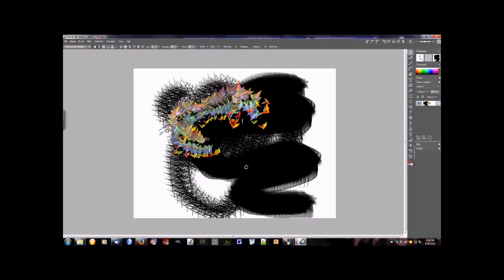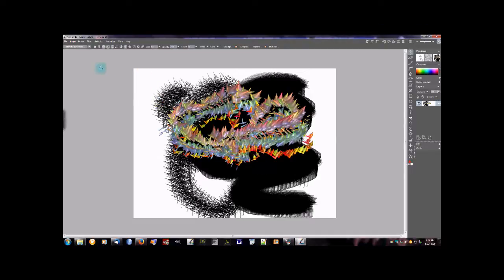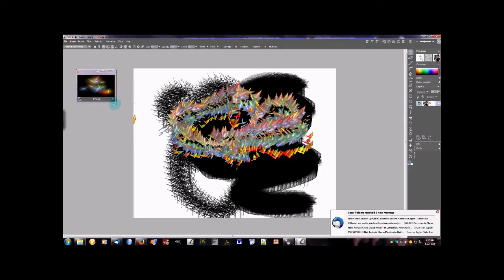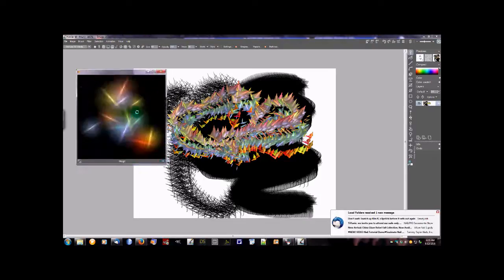So now we have this brush, nice and colorful. So brush, we store it as an image. The handy thing on this is if you press the little turkey baster, you can now use it to change the color. So if I click on the orange here, it changes it to orange there. If I click on the blue here, it changes it to blue there, giving you a color palette quite easily. There's also, you can resize it so that you can see it bigger